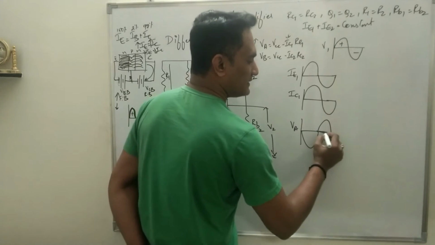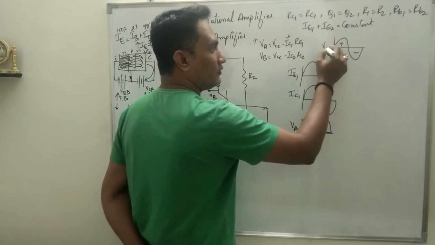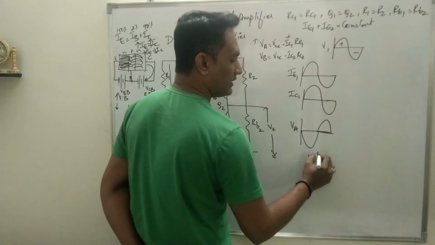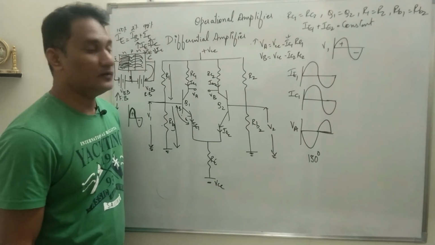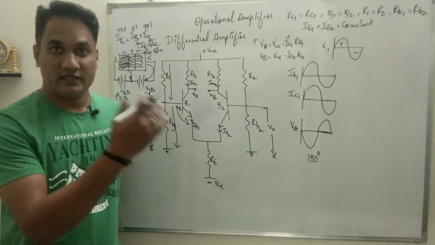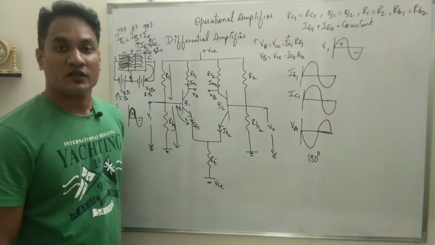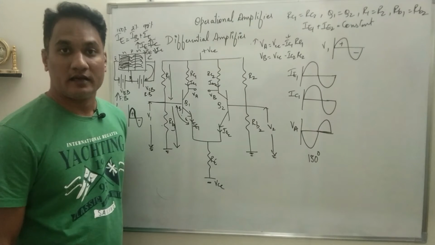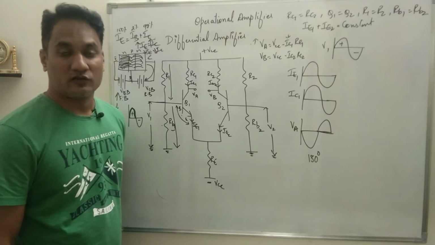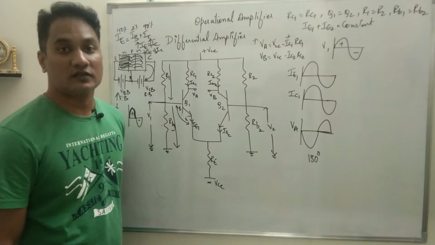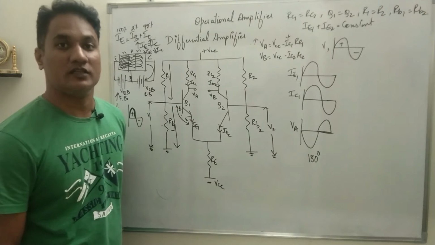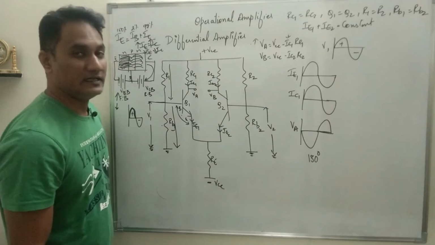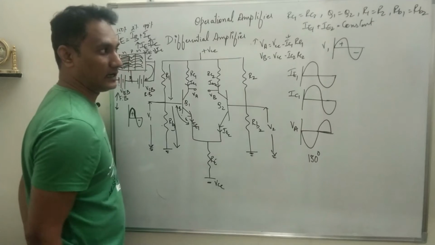So now what you can see in the diagram is, when input voltage is applied at V1, what you get at VA is a 180 degree phase shift between input and output. We understood this phase difference, or phase angle difference between two signals, in chapter number 1, application of CRO, cathode ray oscilloscope. In that, the fourth application, that is phase difference between two input signals. That is where we understood these two signals have a 180 degree phase shift.